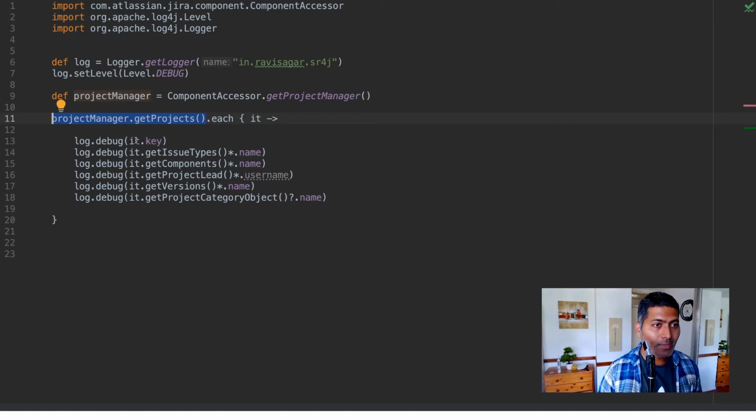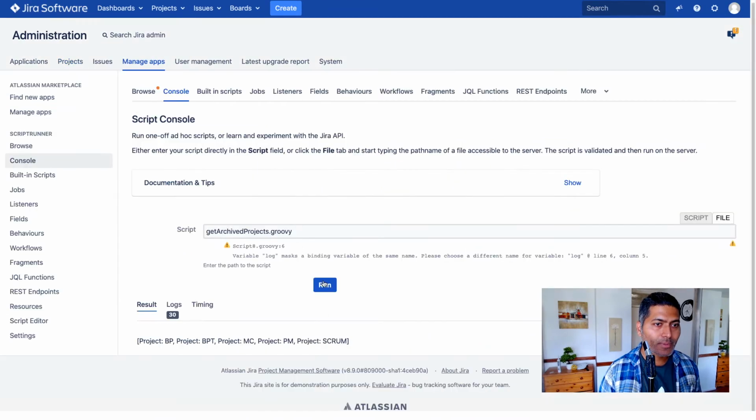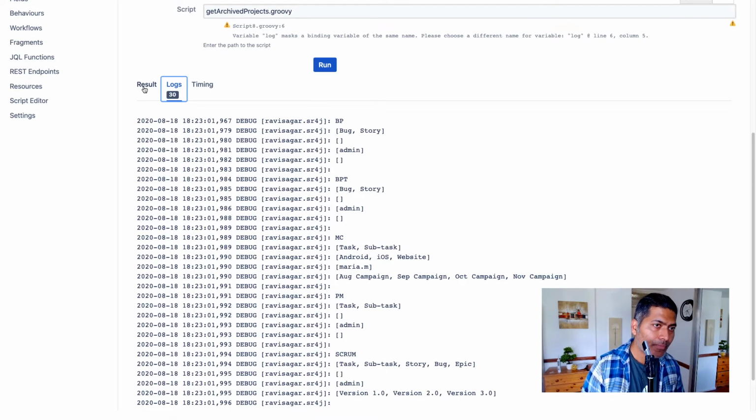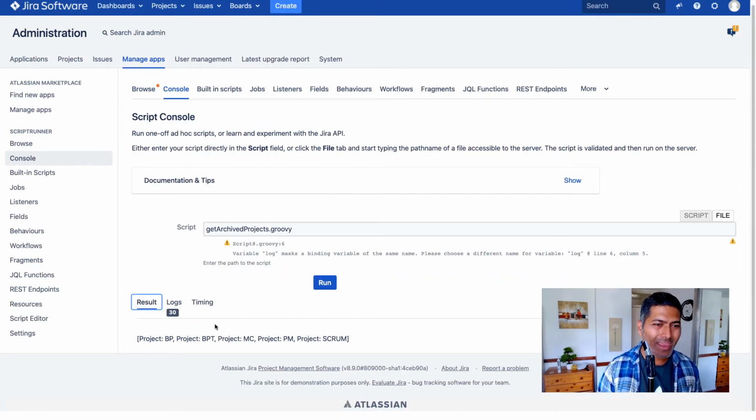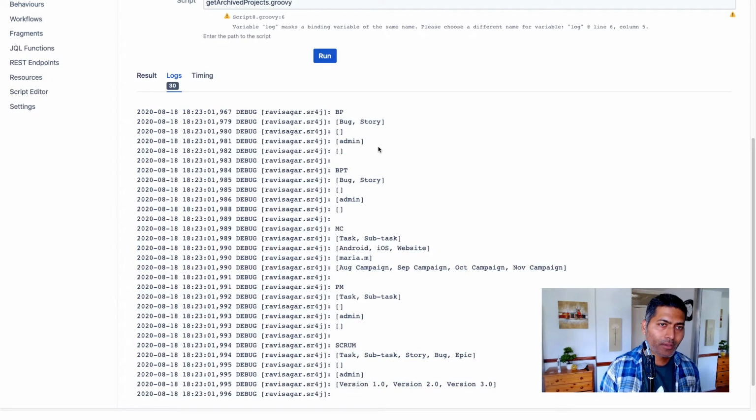For each and every item in the list, you can fetch the key, you can fetch the issue types, or whatever you want to. Let me run the script as well. I'm looking at the log tab, and you basically have all the projects, and I have printed in the log the issue types, the project admin, and the components as well.